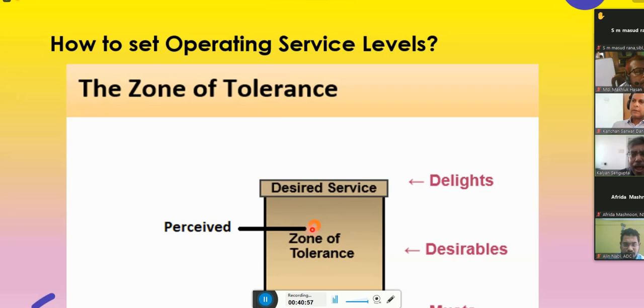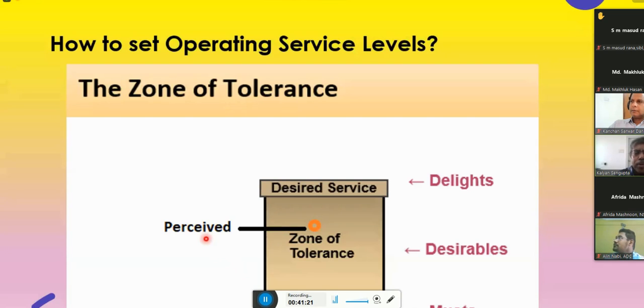And what is a bare necessity for you? That can be asked as well, so three numbers can be asked. What is your bare necessity below which you cannot operate, you don't want to come? We call that the just adequate service level.